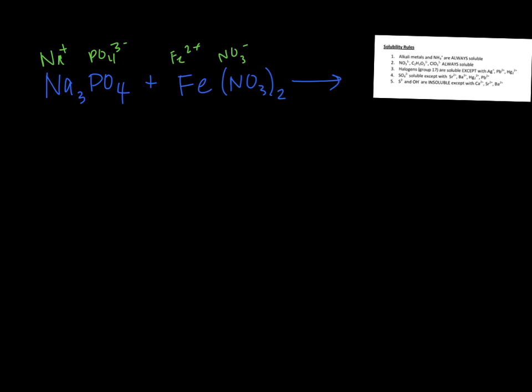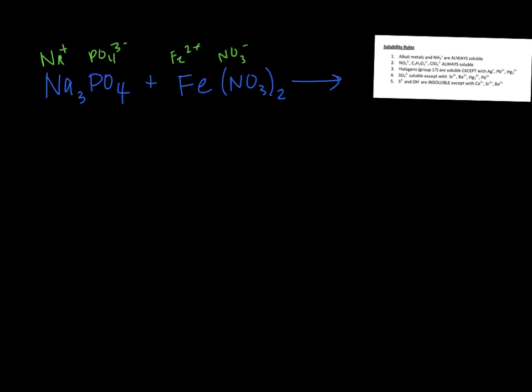So if these switch, inside goes with inside and outside goes with outside. So I'm going to end up with sodium nitrate, which would still be soluble, right? Because alkali metals are always soluble and so are nitrates. And I would get iron 2 phosphate. Now that is not on our solubility rules, so we assume that it's solid for right now,